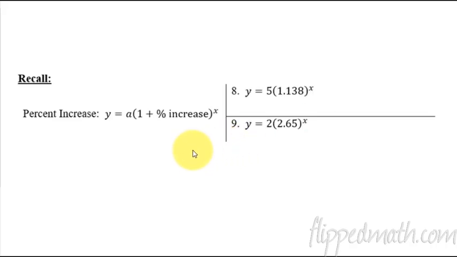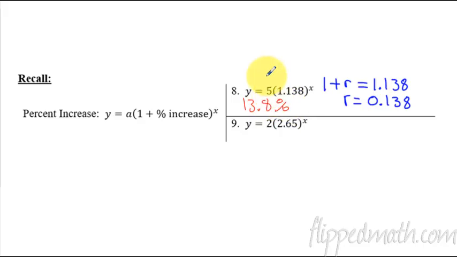Next up, let's review a little bit from our last lesson, when we added a particular percent increase to an initial value. What was the percent increase that we had? If the base is over the number 1, we have 1 plus my r, and that's going to equal 1.138. If I solve for r and subtract 1 from both sides, I end up with 0.138. Now, move the decimal 2 times, and my answer would be